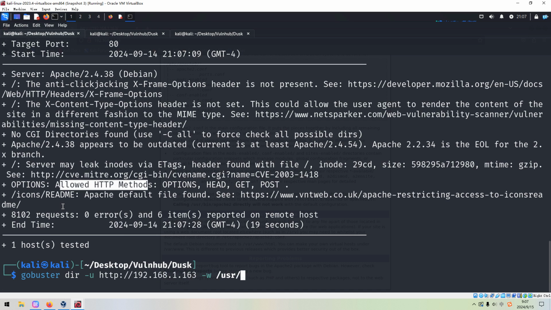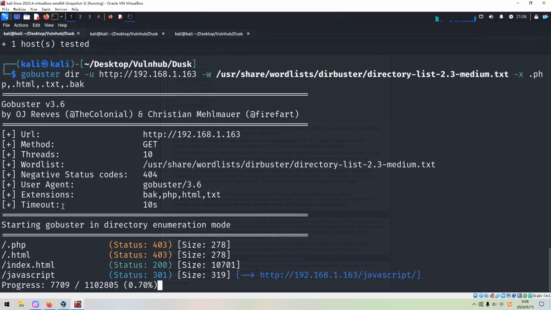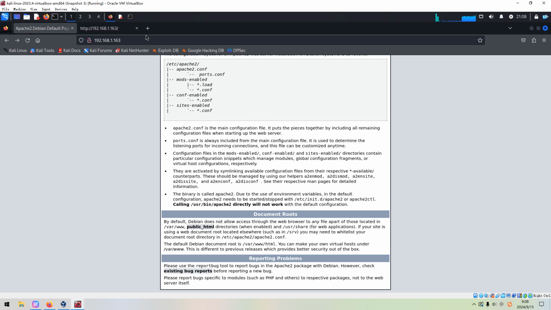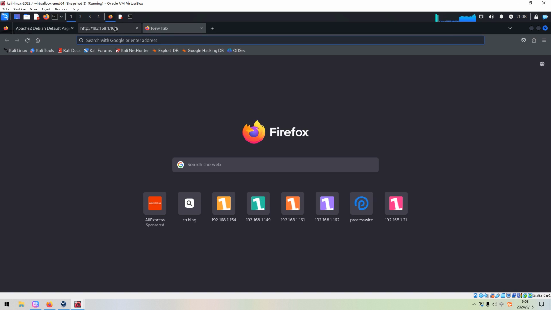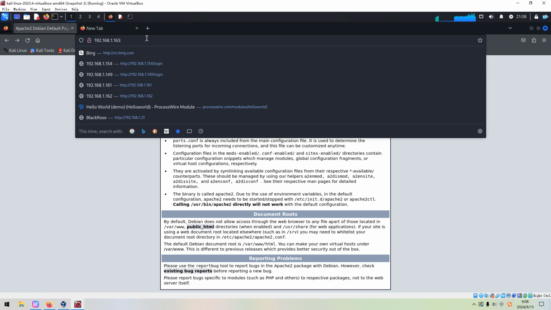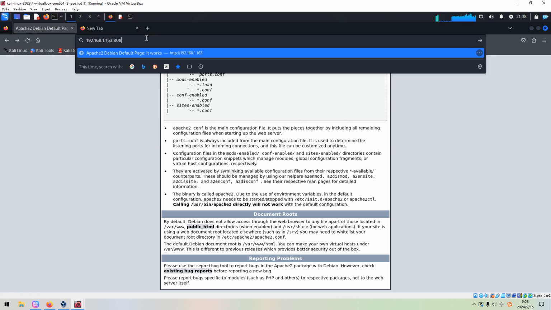Okay, so next we can launch GoBuster to do the directory enumeration. And we can use the option -w to specify the wordlist, directory, and extension option. Press enter. And in the meantime, we can take a look at another port number, which is also running a web application or web service. And we can put the port number at its end.